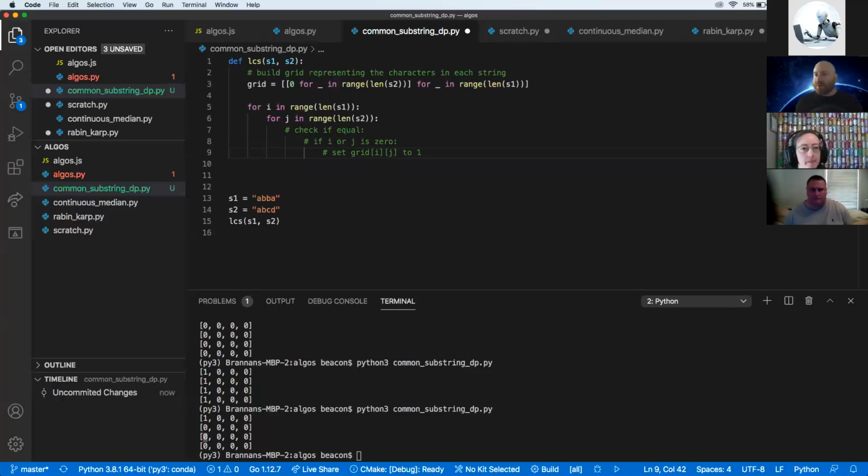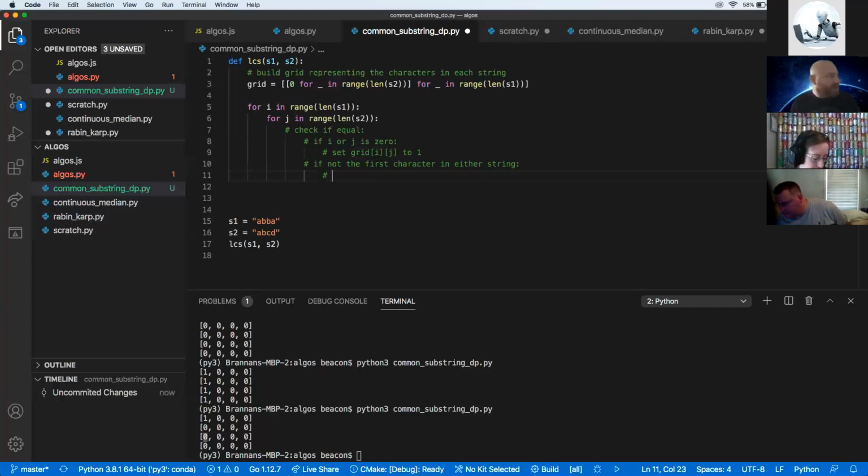There's no previous substring to add on to. We can just make that 1. So then if it's not, AKA else, right? This is our else statement. Then here